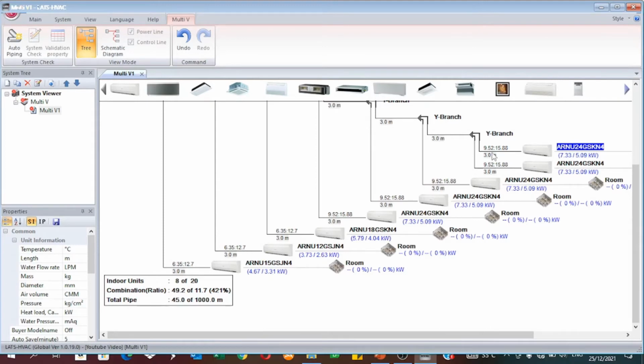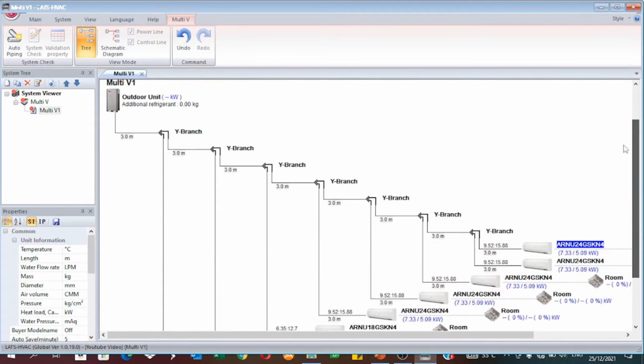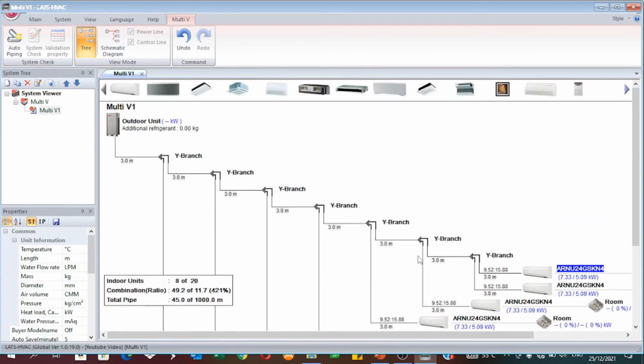Alright, the pipe sizes between the Y branches themselves and between the outdoor unit and the first Y branch haven't appeared yet. But because we haven't chosen an outdoor unit yet, once I choose the